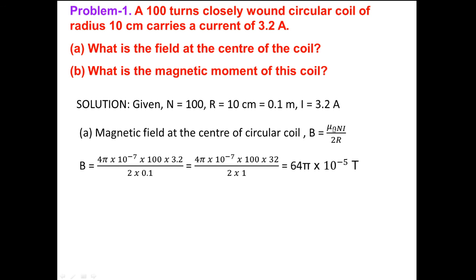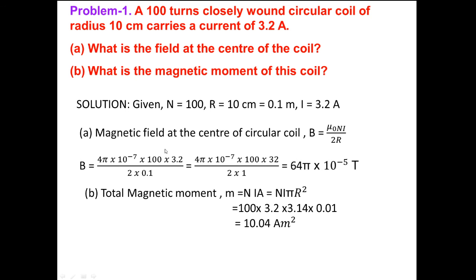So on substituting the values, that is mu naught equal to 4 pi into 10 to the power minus 7, N equal to 100, and I equal to 3.2, by 2 into 0.1. Its value will be 64 pi into 10 to the power minus 5 Tesla. So the magnetic moment, total magnetic moment, that is NIA. It is N I pi r square. If we multiply here